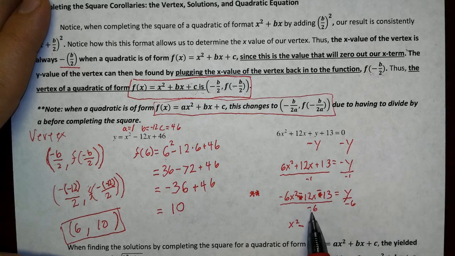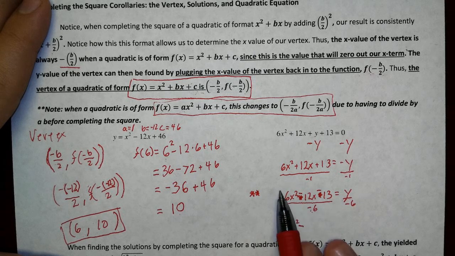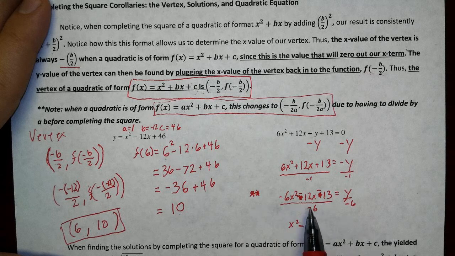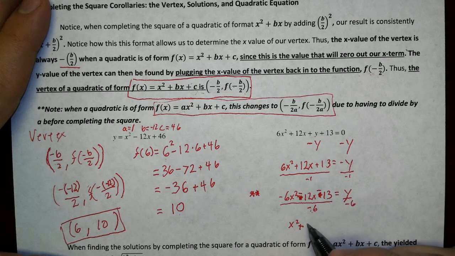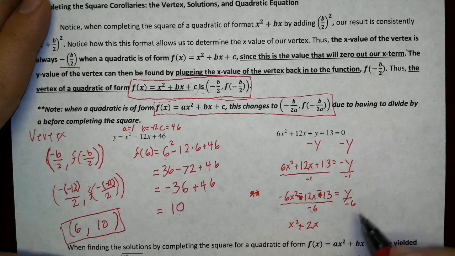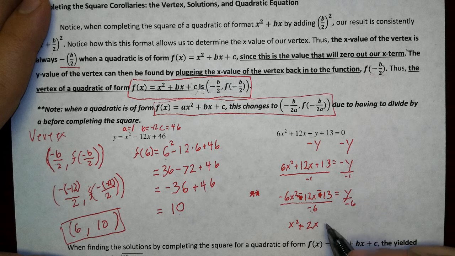So now we're going to go ahead and divide everything by negative 6. So that's going to get rid of this negative 6 multiplying x squared. We're then going to have negative 12 divided by negative 6, which will produce a plus 2x. And then negative 13 divided by negative 6, that is nothing pretty, but remember, that's okay because this is